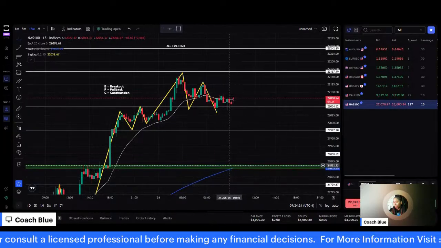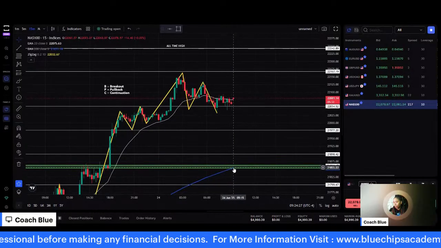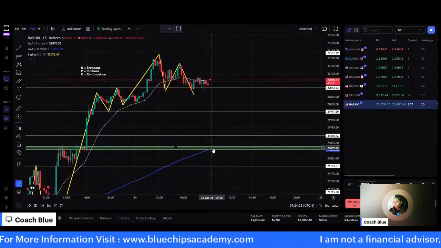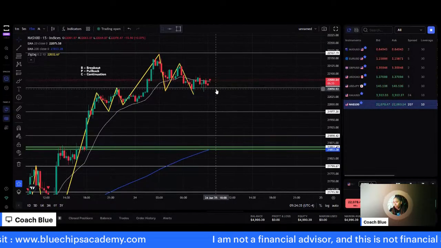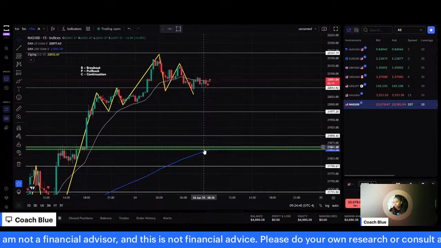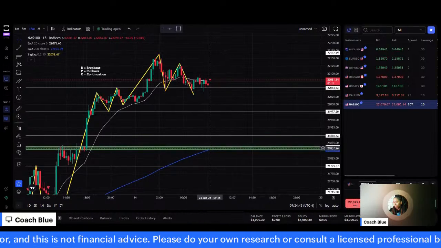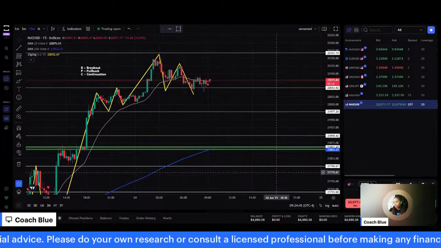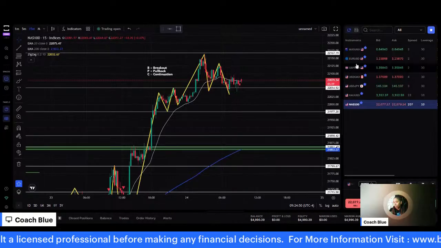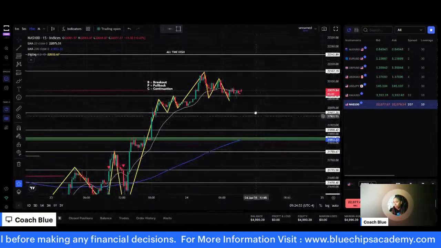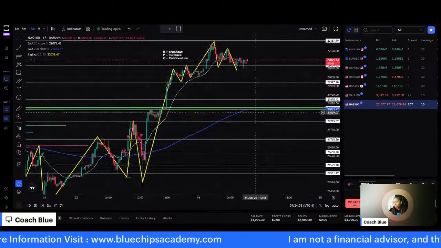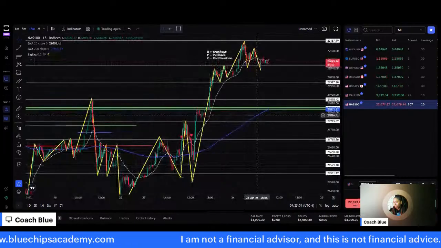So here we have the basis, right? This is our ultimate level of support. This is our floor, okay? We cannot ignore this. So if we get a selling opportunity, where price breaks and we come down to the downside, we have to be very, very cautious of this level right here, 21,861, because this is where the 200 is. Wherever the 200 is, it can serve as a very strong level of support or resistance, just depending on where price is.